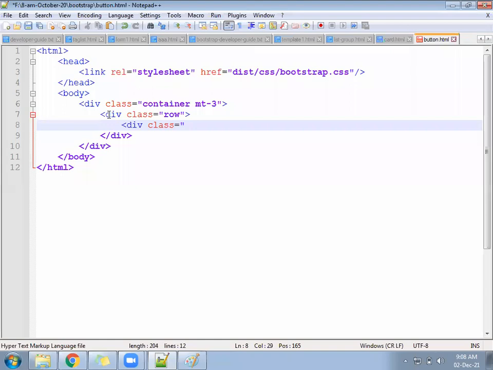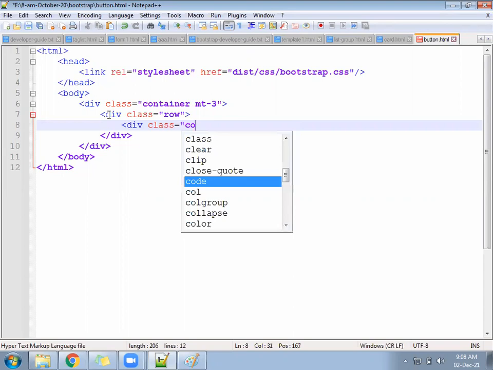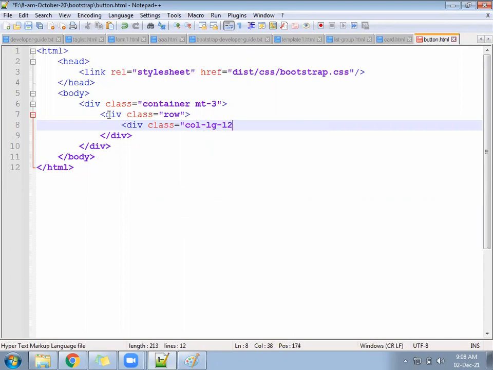With React, people use Material; with Angular, people use Material Design. All are based on Bootstrap only. You cannot leave it. Not by the left hand, by the right hand, you have to use it. Okay, so right here, col-lg-12.